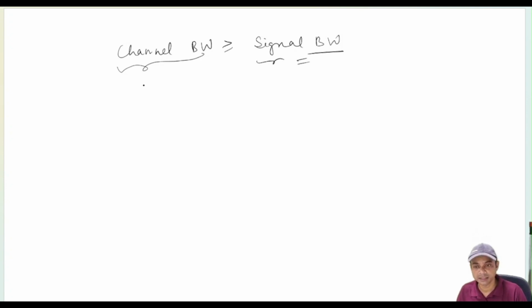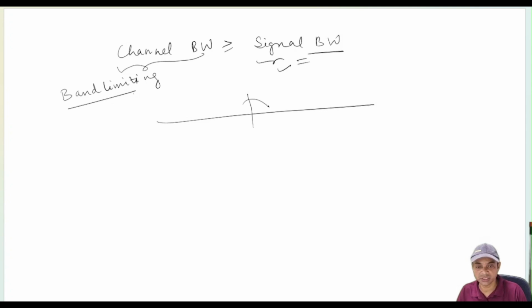What will happen when signal bandwidth remains infinite? When we have limited channel bandwidth, we will lose the signal because of the channel constraint. That's why there is a need for a band limiting process. In the band limiting process, what will we do? Suppose we have a sinc function,